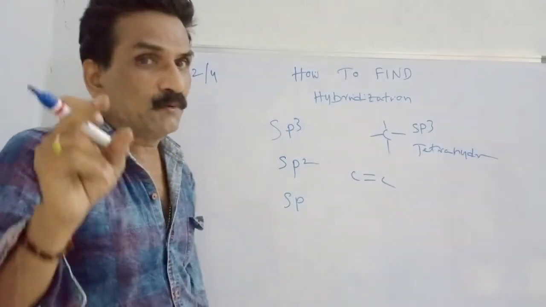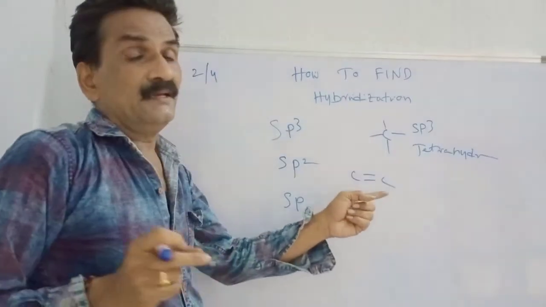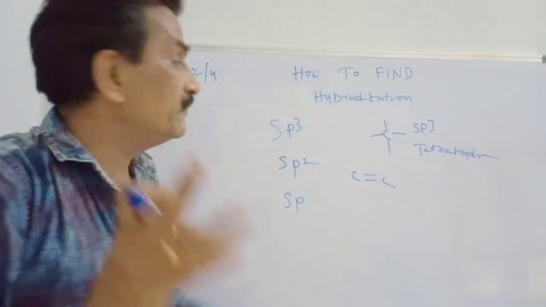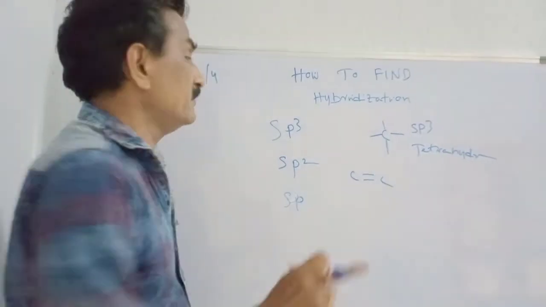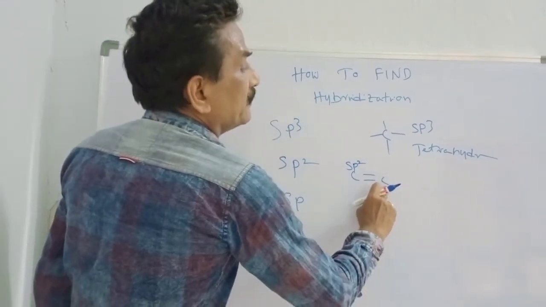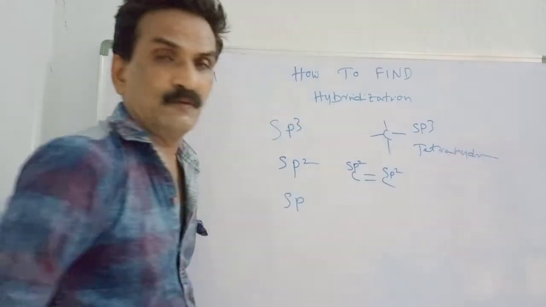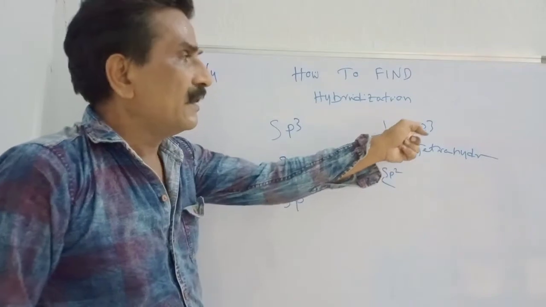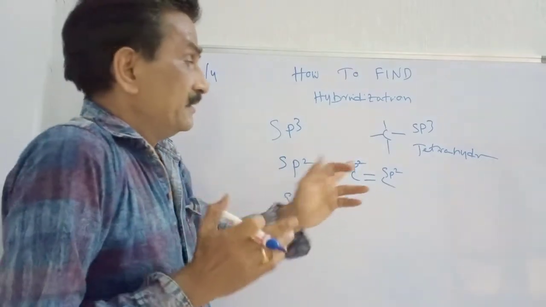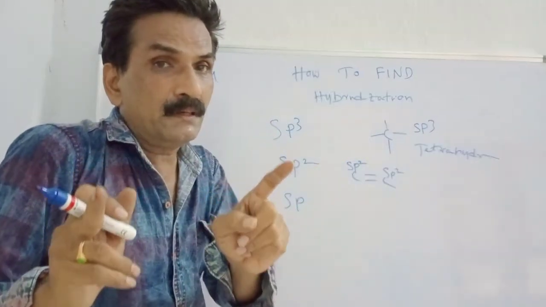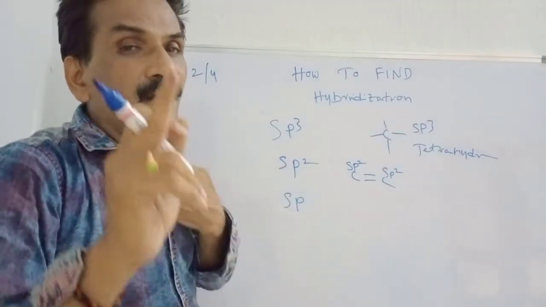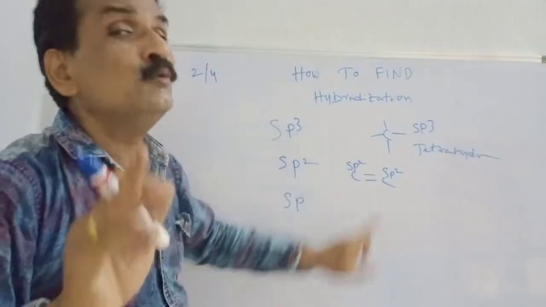If it is sp2, we are discussing carbon compounds, there must be a double bond between carbon and carbon. Then I can say the hybridization present on this carbon is sp2. If it is a single bond, I can say that it undergoes sp3 hybridization. If a double bond takes place between 2 carbon atoms, each carbon undergoes sp2 hybridization.